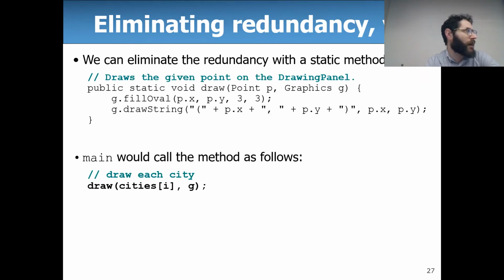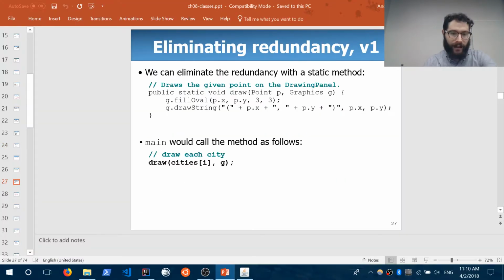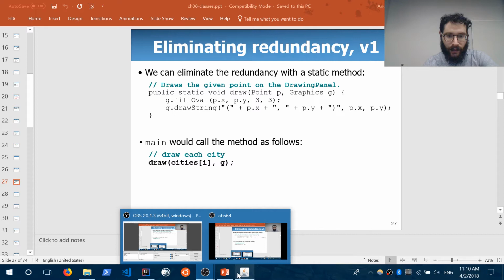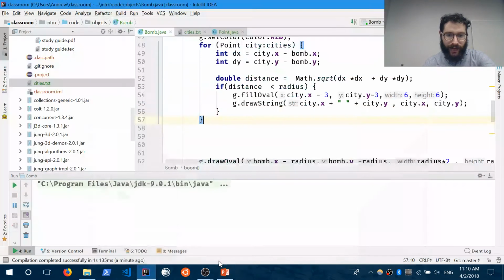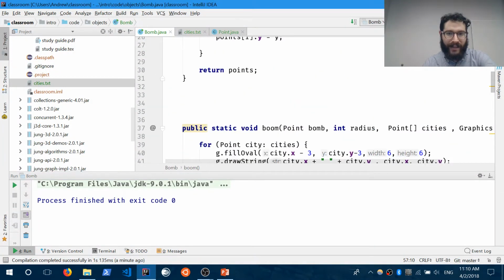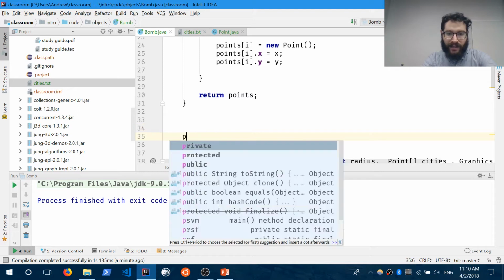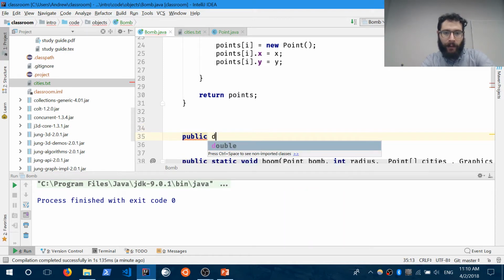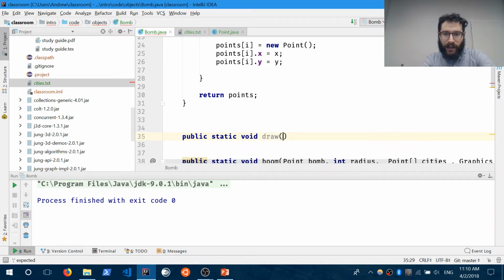So I could eliminate the whole drawing thing by just creating a method out of it. Okay? And that's actually not a bad solution. In fact, if you're in a programming language that doesn't have objects, then this is the way to do it. I go, okay, public static void draw, this is my draw city method, take in the point city that I want to draw, right? And then the canvas I want to draw it on,